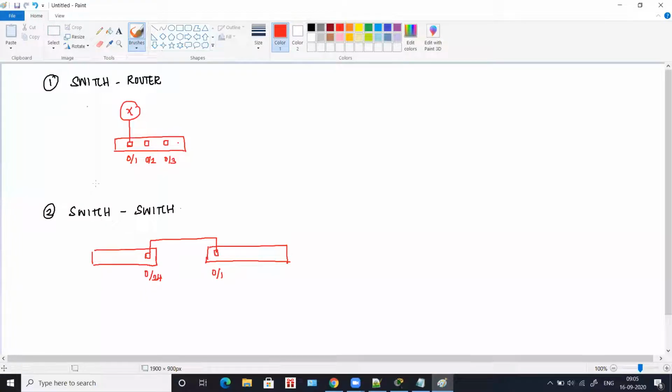Okay, so after switch rules, coming to switch modes. Switch modes are similar to router modes. In a router, if you remember, we had user mode, privilege mode, and then configuration terminal mode. So we had three modes, and in the same way a switch also has these three modes. The configuration is the same, just like how you do it for routers, the same way you are going to do it for a switch as well.